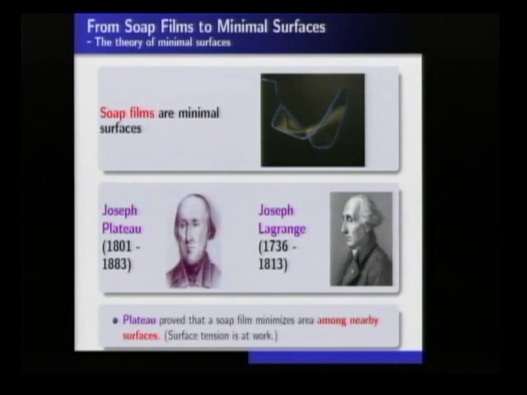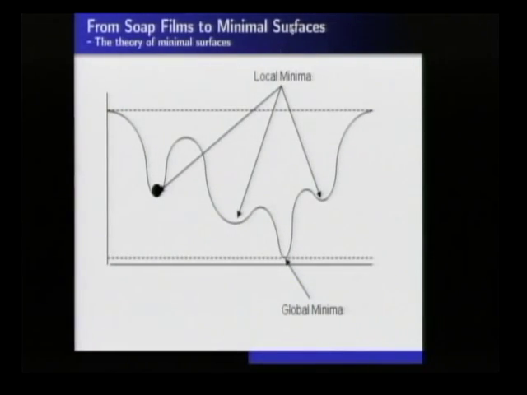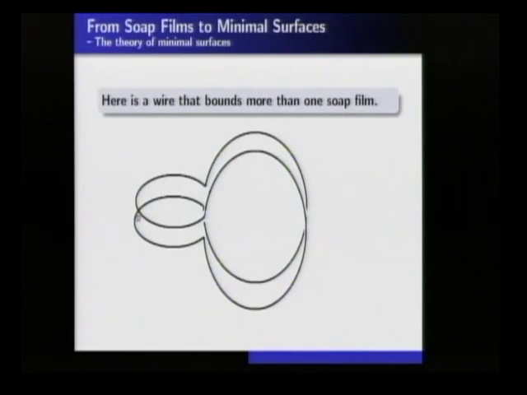It doesn't mean that they minimize globally. So we're going to be looking at an example. Here's kind of this picture. We have all the surfaces, and we have these minimum places where you have a local minimum for your surface. Of course, the global minimum is sometimes called the solution to Plateau's problem. You might be looking for a surface of absolute least area. But you have soap films where the surfaces have some kind of local minimum. They're stable.